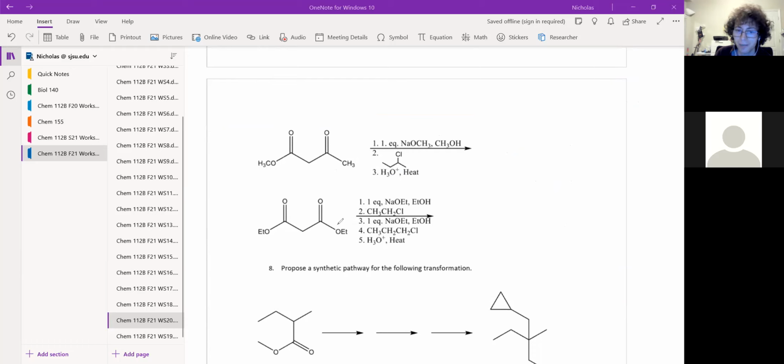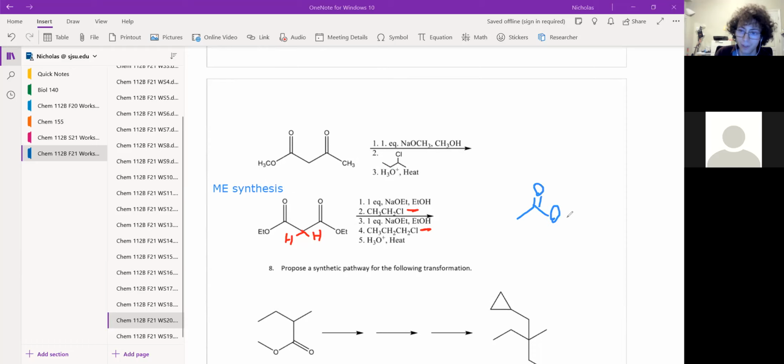So we're adding base, and then we add one thing, and then we add another base, because there's 2 protons here. So we can form 2 enolates. So we form one enolate, we add that thing in step 2. We form another enolate, and we add this. And then we do the decarboxylation and all of that stuff. And in the end, since there's 2 esters here, this is malonic ester synthesis. So the product is going to be a substituted acetic acid,